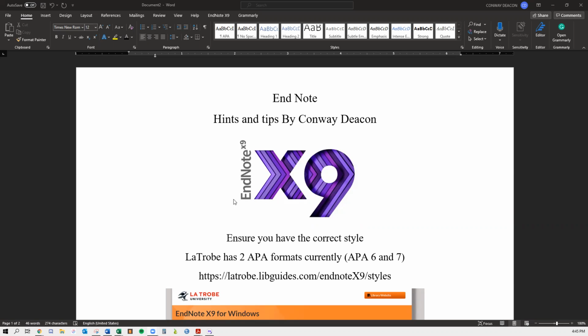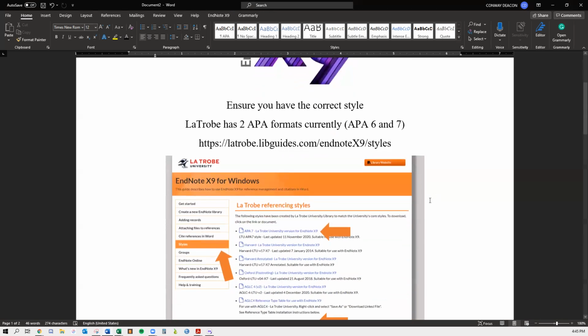So EndNote is free for all students that are enrolled at tertiary university. It doesn't cost you anything. You just need to go to the Latrobe library, have a little look around there. I think it will be in the resource section, or if you actually follow this website here, it'll take you to it as well. So go ahead, download it, and just make note of when you actually do download it